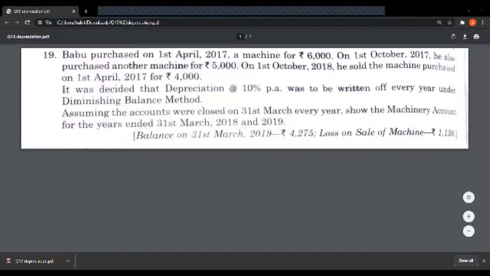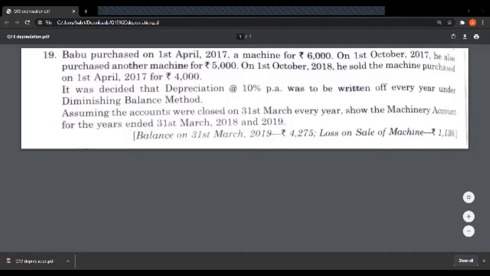Now this is the question. Babu purchased on 1st April 2017 a machine for rupees 6,000. On 1st October 2017, he also purchased another machine for rupees 5,000. On 1st October 2018, he sold the machine purchased on 1st April 2017, that is the first machine, for rupees 4,000. It was decided that depreciation at the rate of 10% per annum was to be written off every year